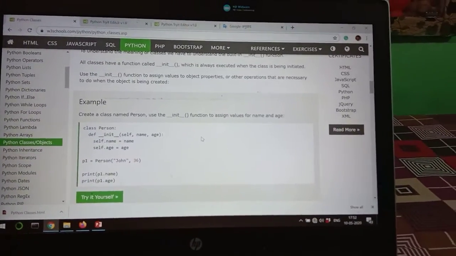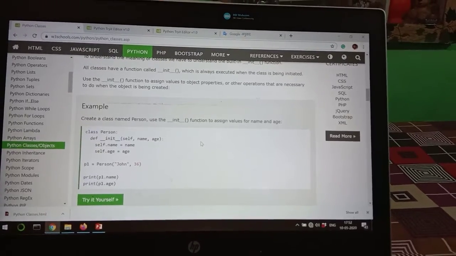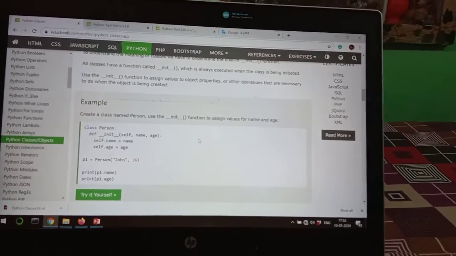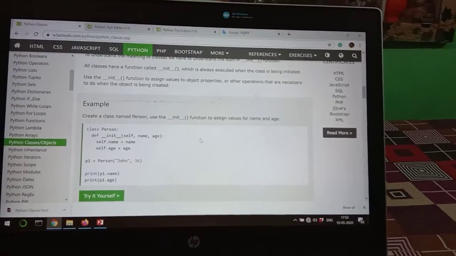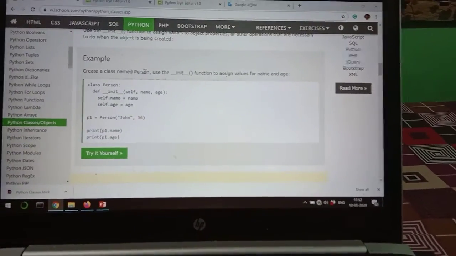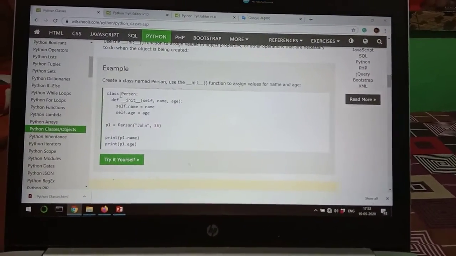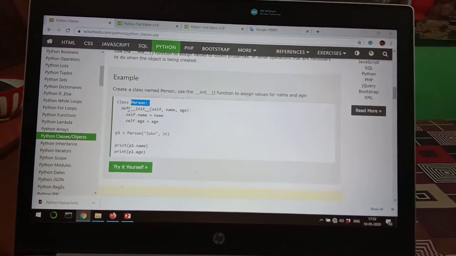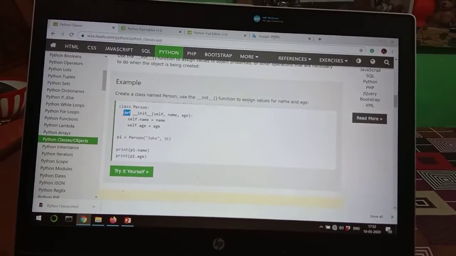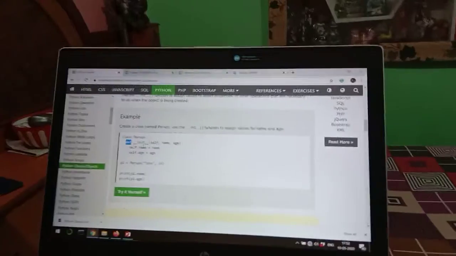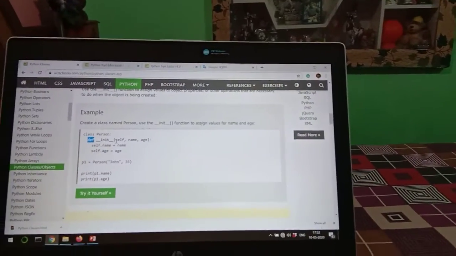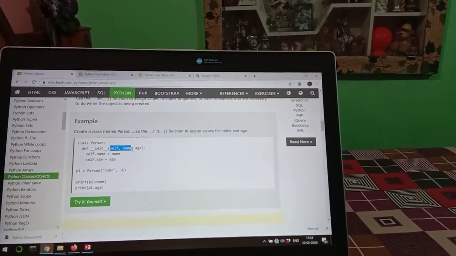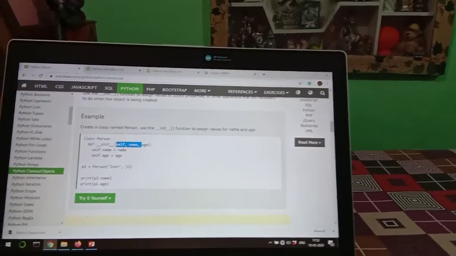So this one is the example. Create a class with the name Person and use the __init__() function to assign values for name and age. So here we see the example. We take the keyword class and create the class with the name Person and define one function, that is __init__(), and inside the parentheses we define the properties, or we can say the parameters.